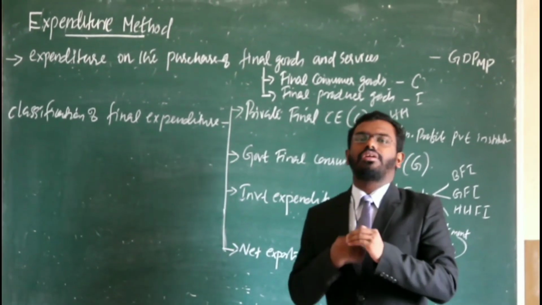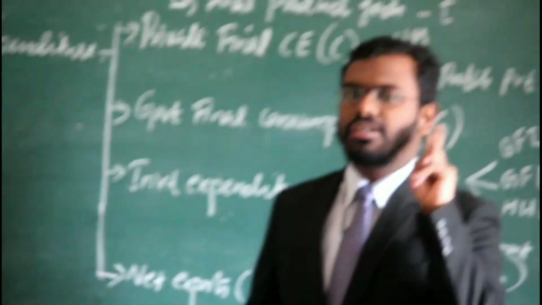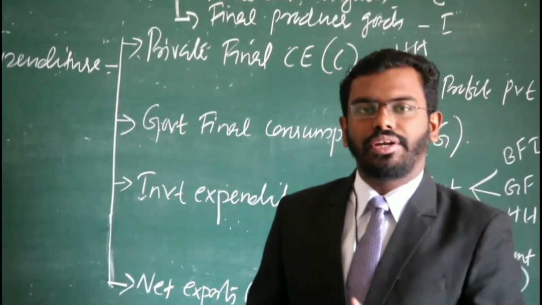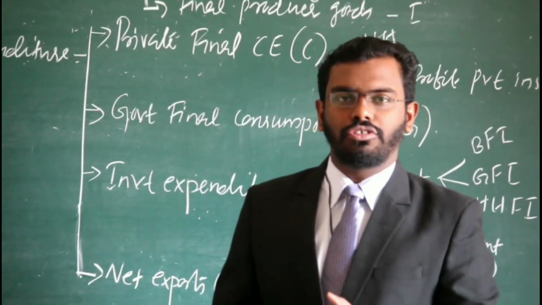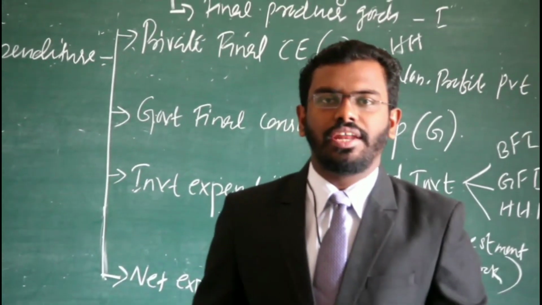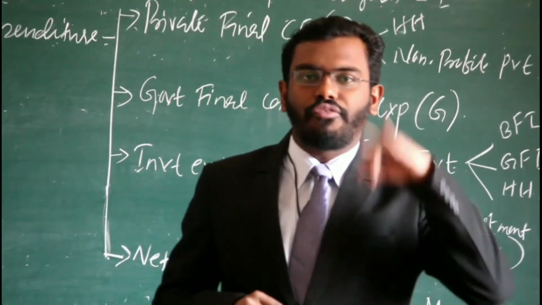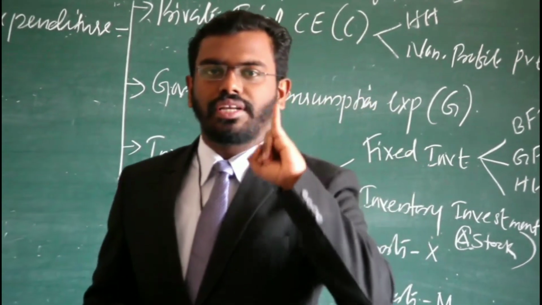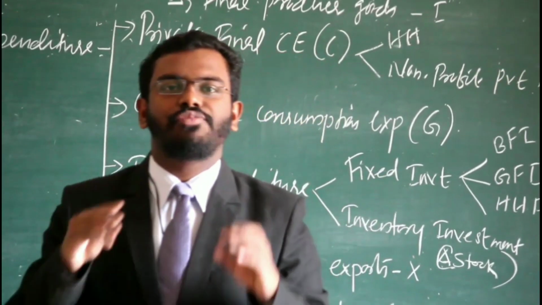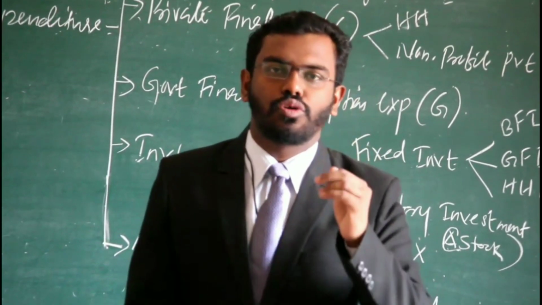In the first class, we discussed types of goods. There we discussed one category, final goods and intermediary goods. So what is the meaning of a final good? Final goods are those goods which cross the boundary line of production and are ready for their final users. The final users are two: first the producer and second the consumer. So final goods are classified into two: final consumer goods and final producer goods.